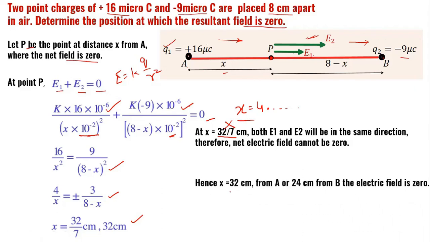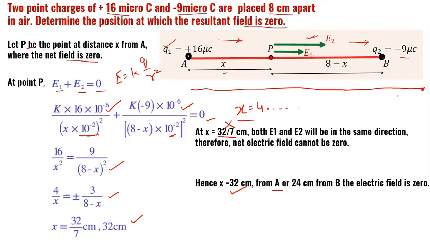Now, the remaining point is x equals 32 centimeter from A. That means if we move from A towards 32 centimeter, that is towards the right of Q2. That means somewhere over here, towards the right of Q2, there E1 and E2 will be pointing with